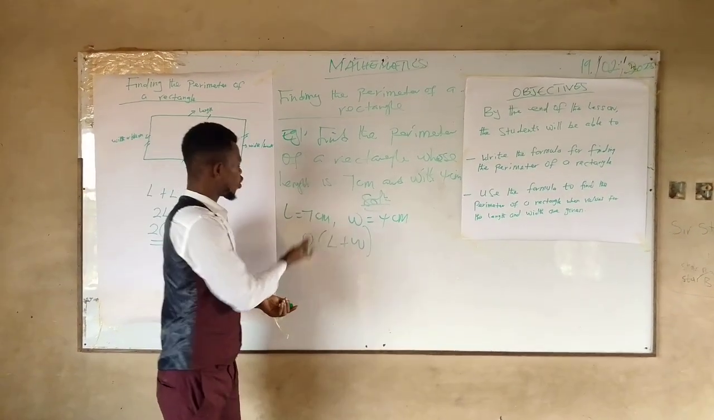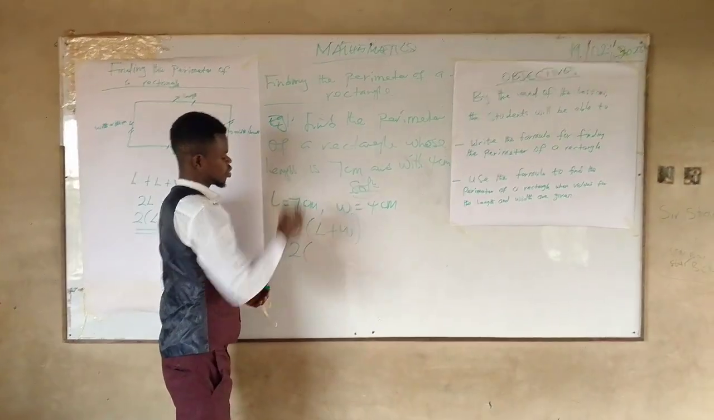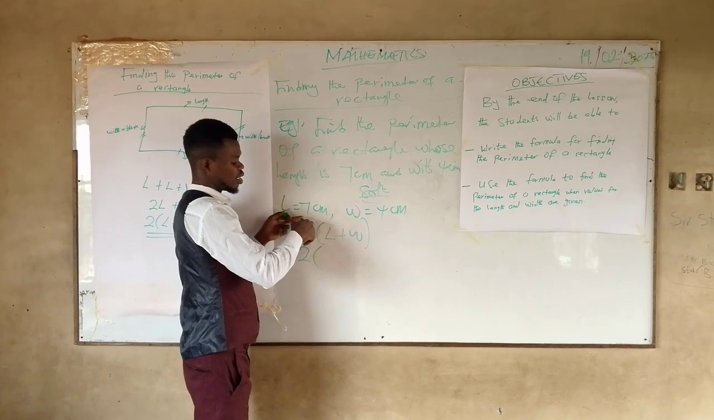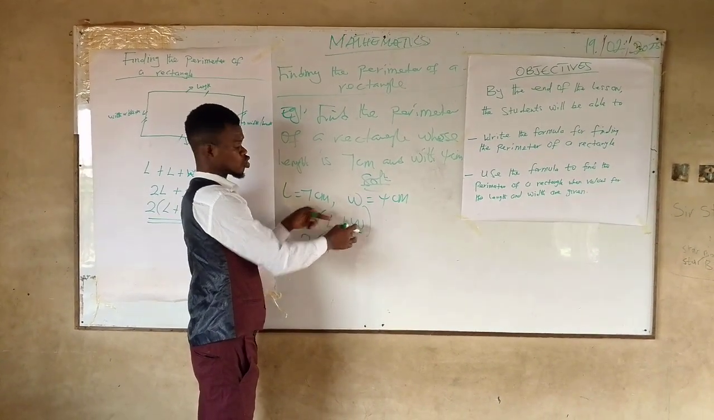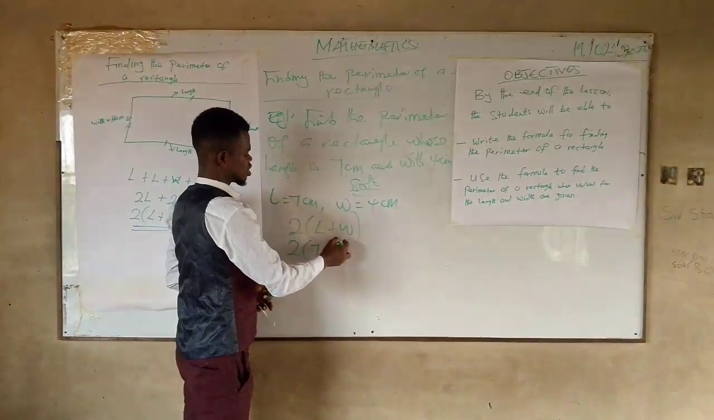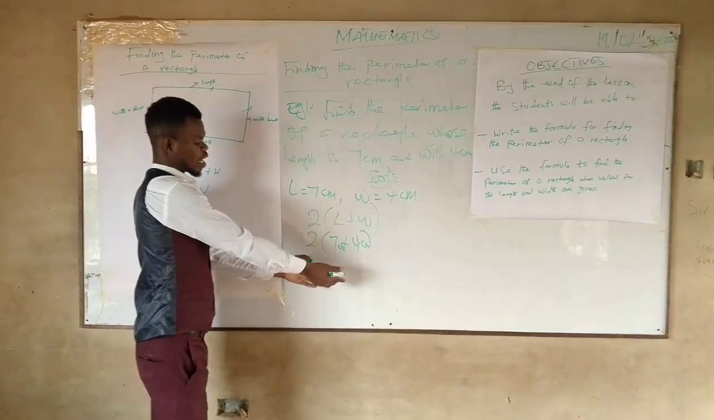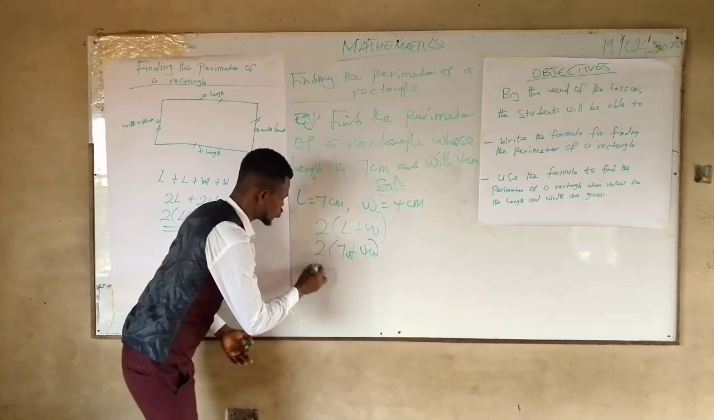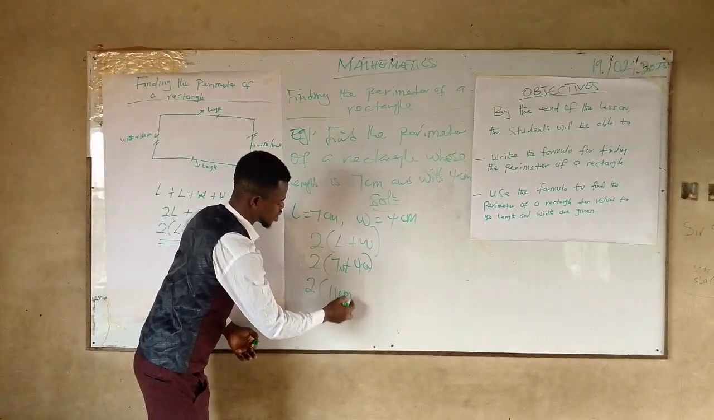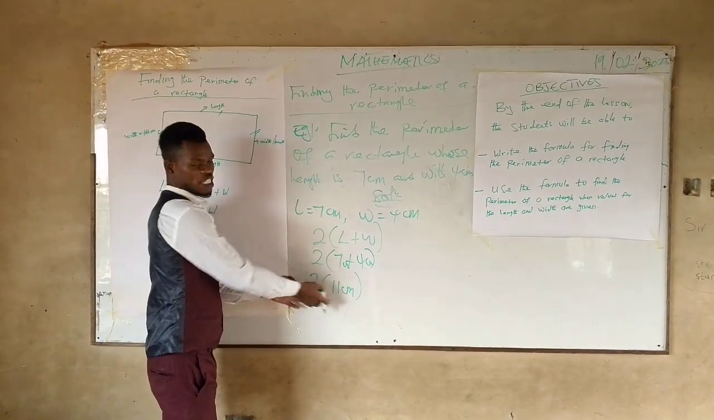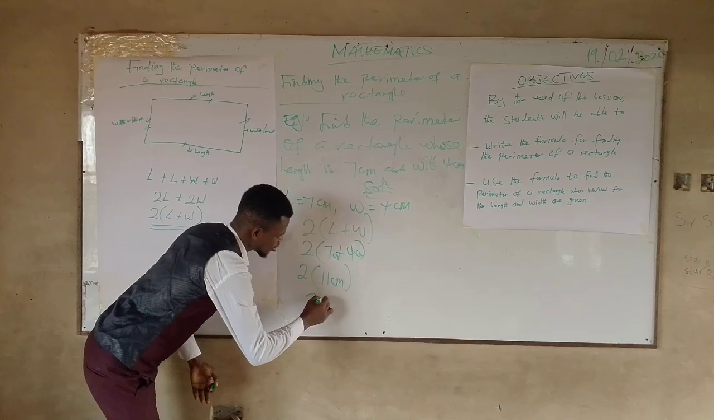So we substitute the value of L and then W into the formula. So we have 2, then L, which is the length, which is 7 centimeters. So 7 plus W, which is also 4 centimeters. So we work out what is inside the bracket, which is 2, bracket open, 7 plus 4, which is 11 centimeters. So 2 multiplying 11 is going to give us 22